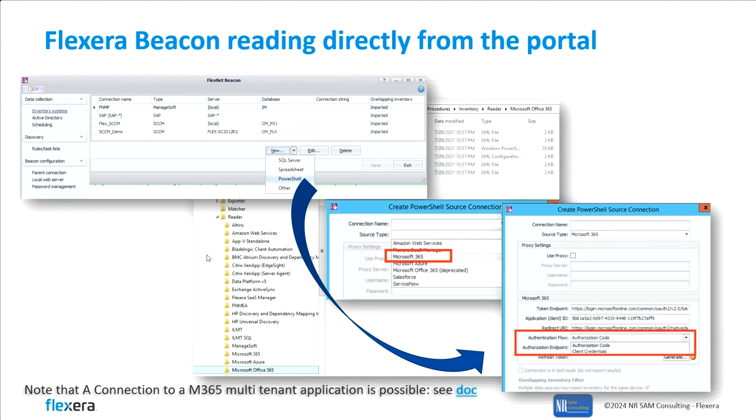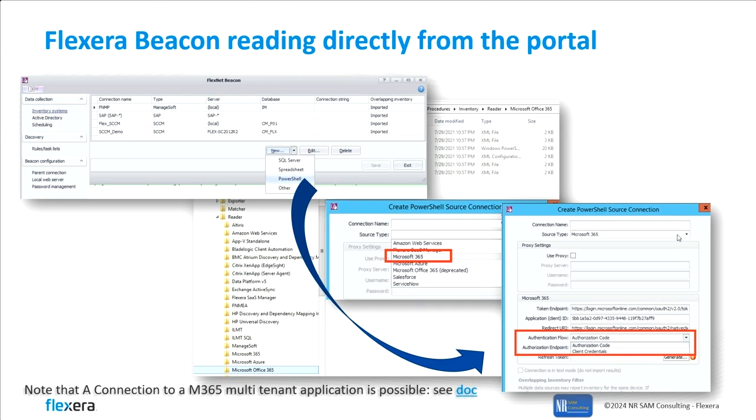I will not open, very often in this session, I'm hands-on, and I will demo definitely the data you get, which is the next session. But I will not open a beacon for an on-premise customer, or for customers who just have the ITAM without SaaS Manager. But if you open a beacon UI, beacon being the inventory servers, which are able to connect to various sources of information and bring the information back to ITAM or Flexera Manager, you can, in a beacon, create a new inventory connection. One of the options is PowerShell. You pick up PowerShell, you pick up Microsoft 365, and then you choose as well how you want to authenticate, which sometimes is a